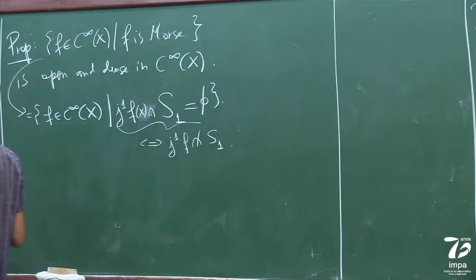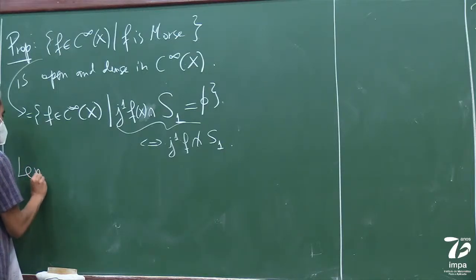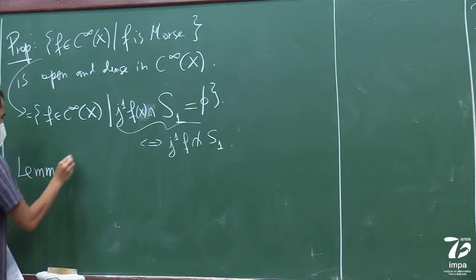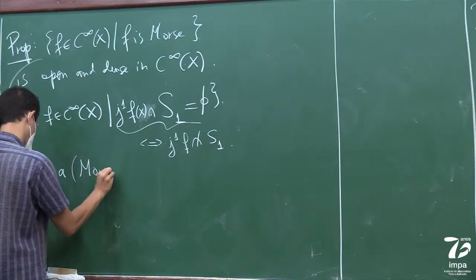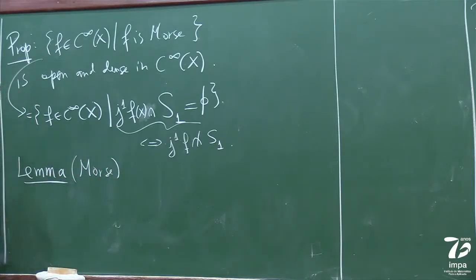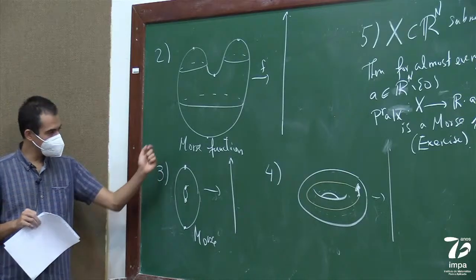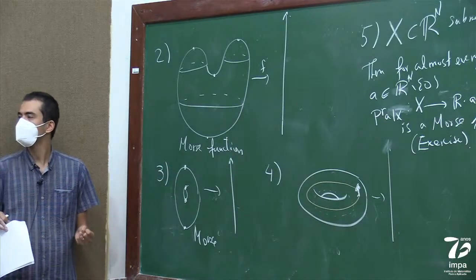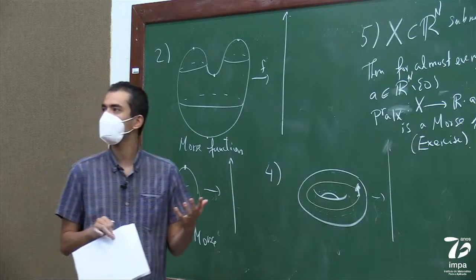All right, so now I'm going to prove probably one of the most famous results in Morse theory, which is very simple, but it's kind of what everybody knows about Morse theory, which is the Morse lemma. So this is called the Morse lemma. And it basically says the following. If I have a non-degenerate critical point, then in a neighborhood of that point, I can find a chart so that my function is basically quadratic.